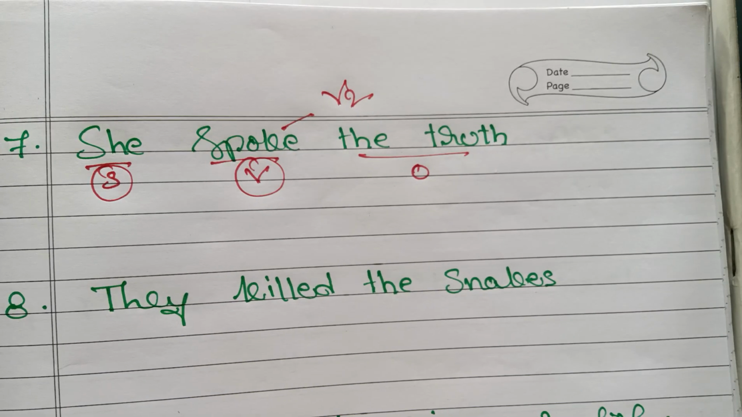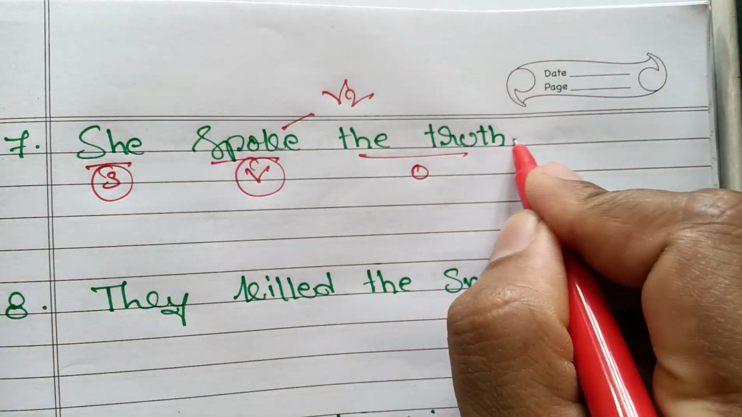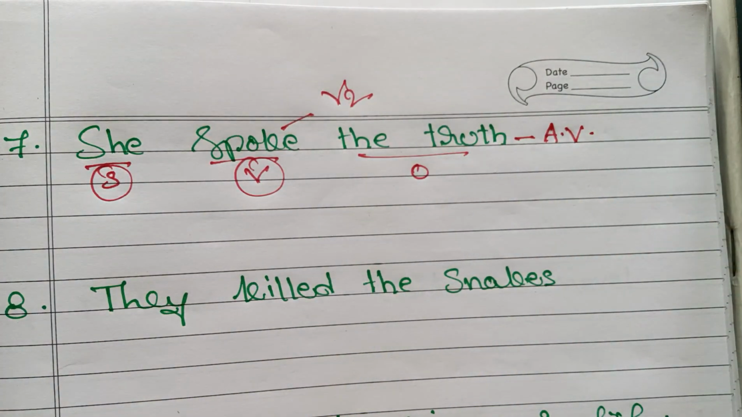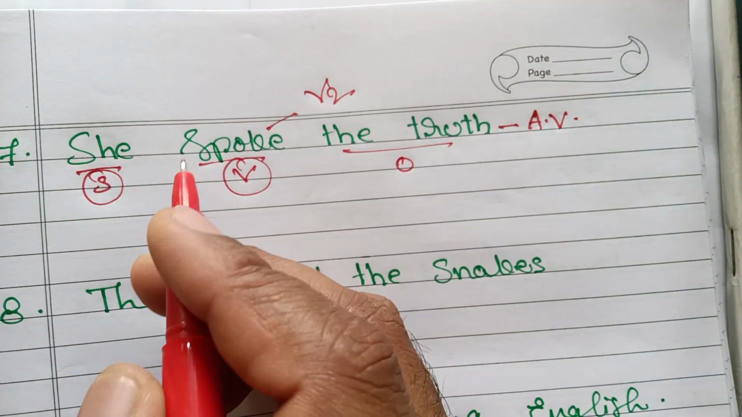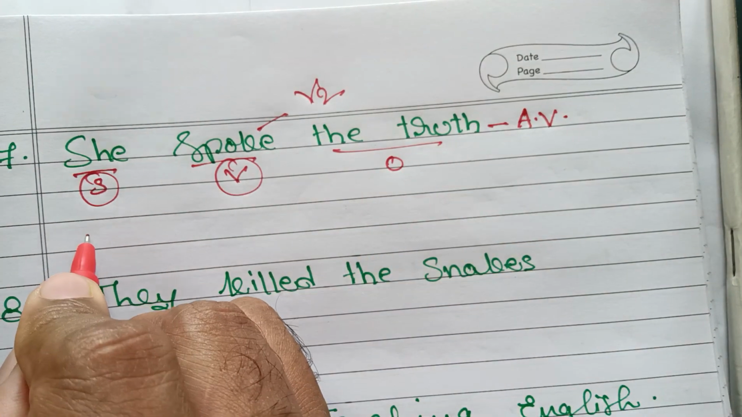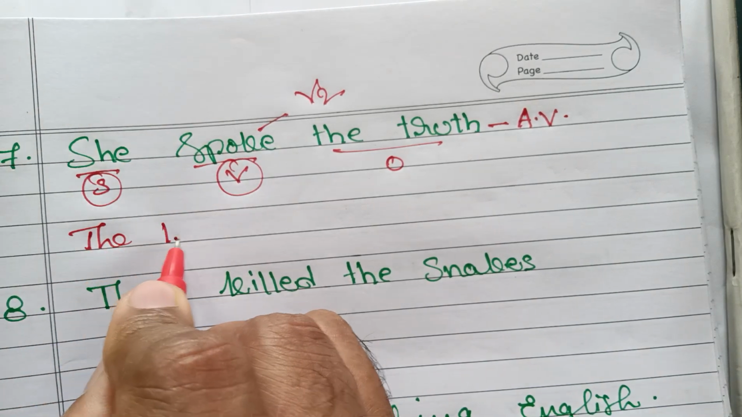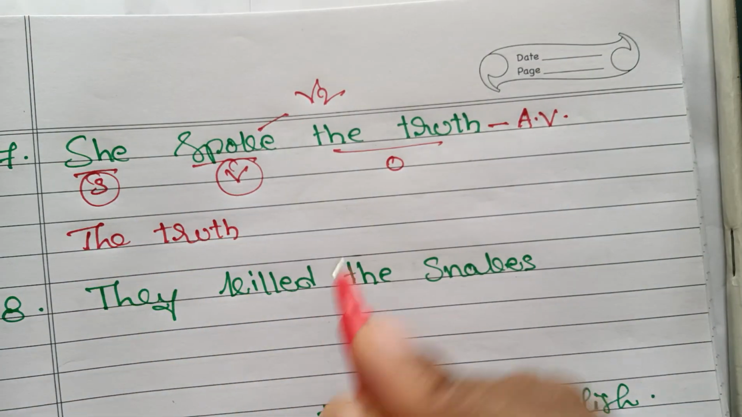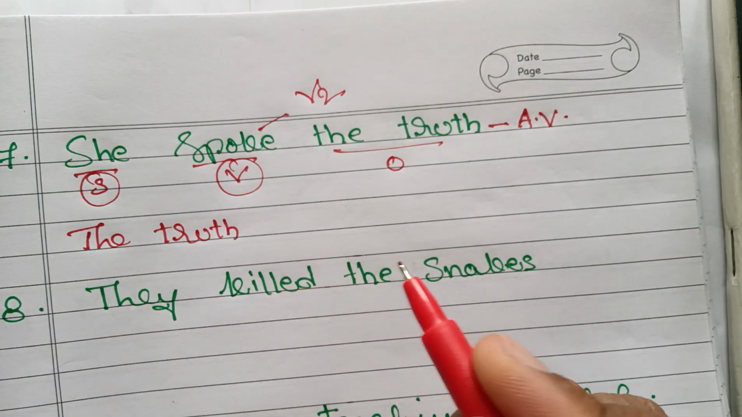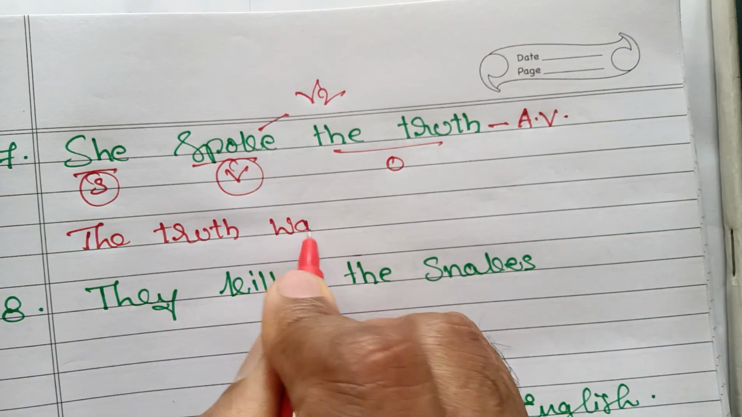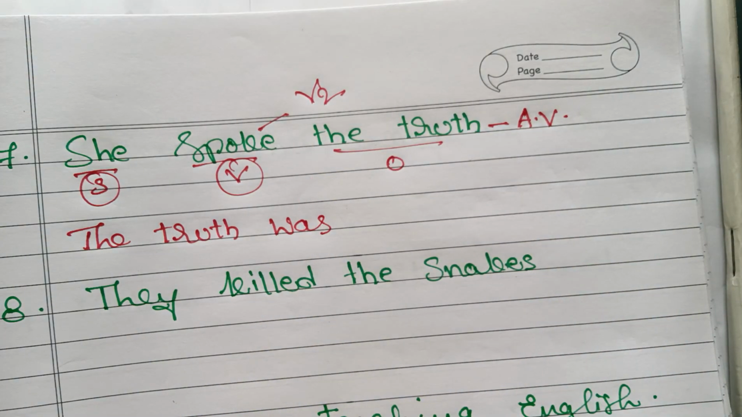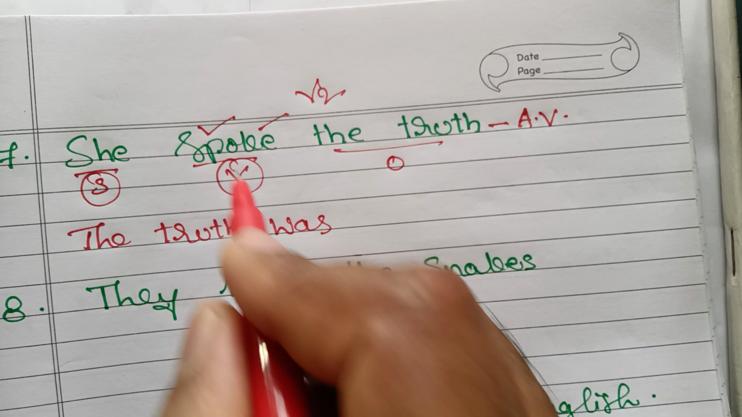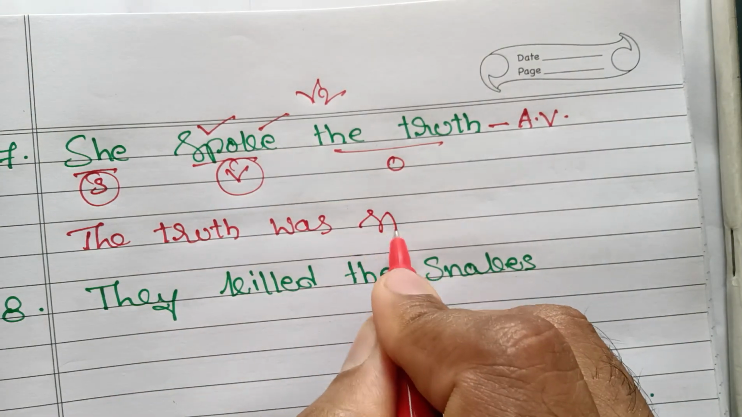Now based on the rules which I have explained at the beginning of the class, let's change this active voice into passive voice. How? Object becomes here subject, the truth. So I have to use is or was. I have to use was. Why was? Because it is in the past tense. It is in the simple past tense. How do you know simple past tense? Depending upon this verb. The truth was spoke, third form spoken,